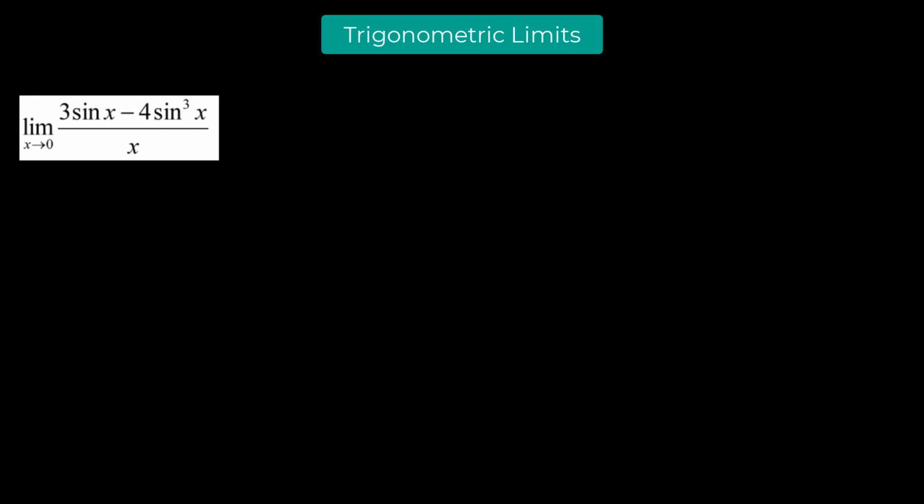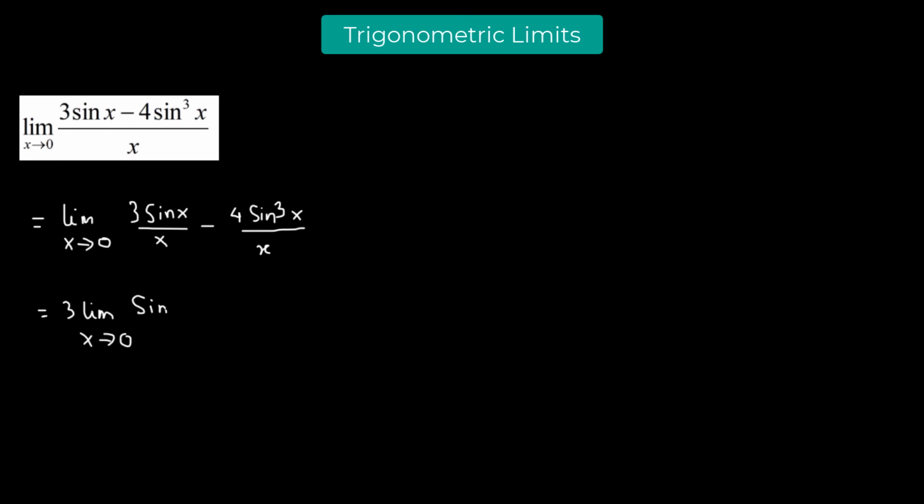So without using trigonometry, this problem can also be solved. So let's do that. So we separate the two terms in the numerator. So we have limit x going to 0, 3 sine x over x minus 4 sine cube x over x. Now we're going to apply the limits separately to each of the two terms. So we have 3 times the limit x going to 0 sine x over x minus 4 limit